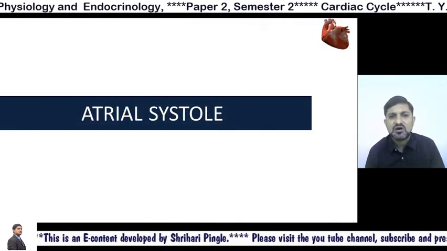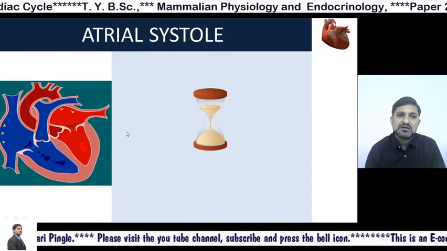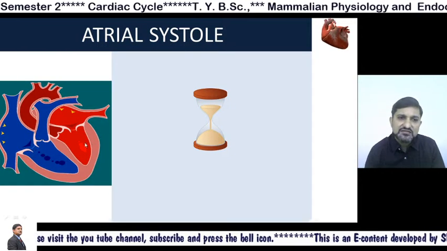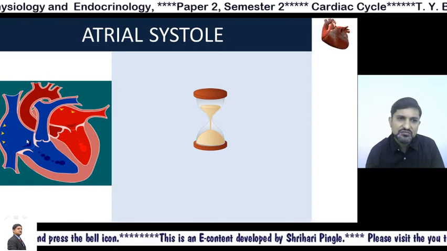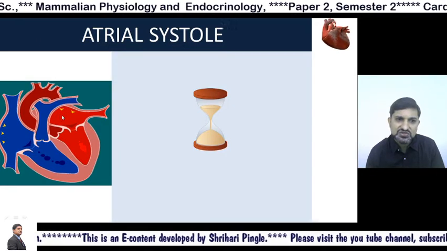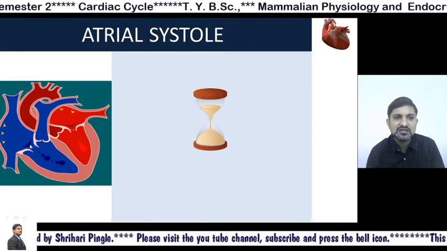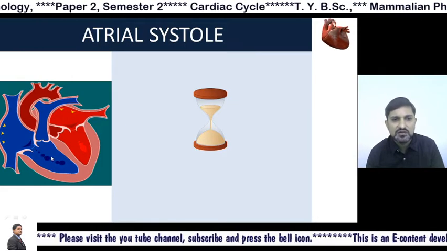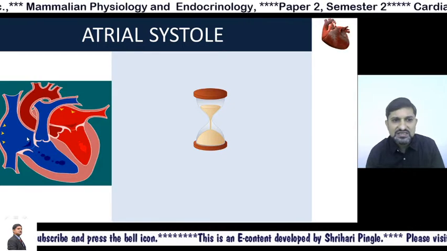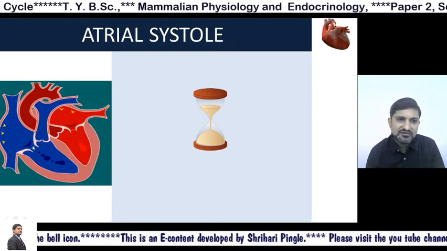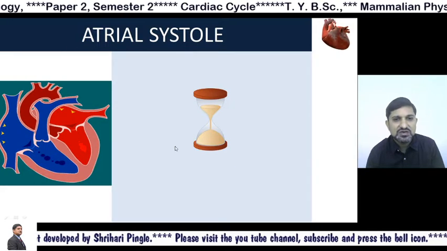We will talk about the auricular systole or atrial systole first. Before we go into details, just have a look at this picture. This picture shows two auricles filled with deoxygenated and oxygenated blood. This place, the small aperture where an auricle opens into ventricle, is called as auriculoventricular valve or AV valve, present on either side. So when the auricle is completely filled with the blood, the valve opens and the blood from the auricle goes into the ventricle.